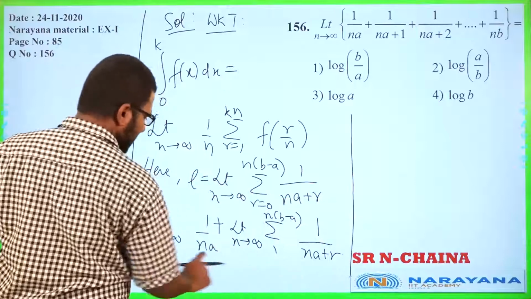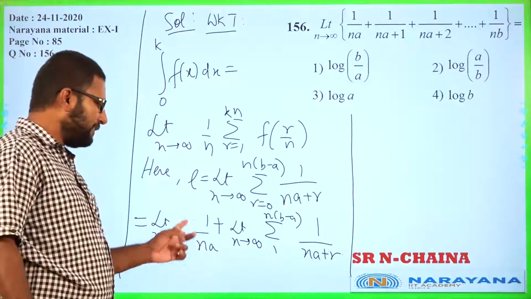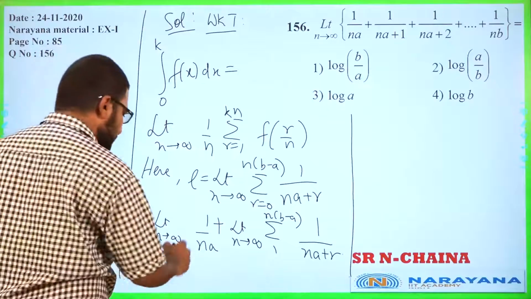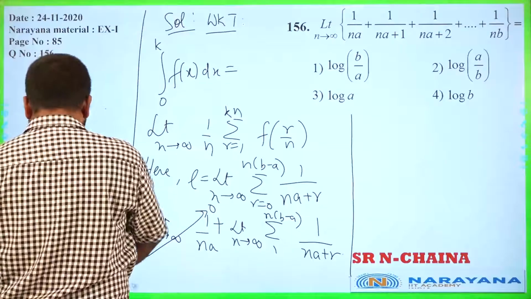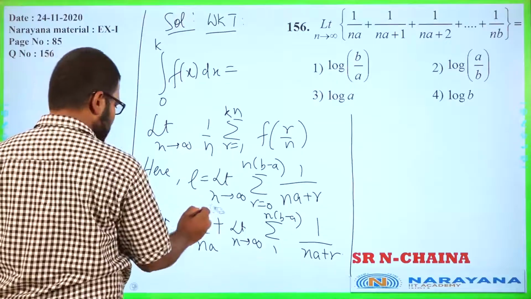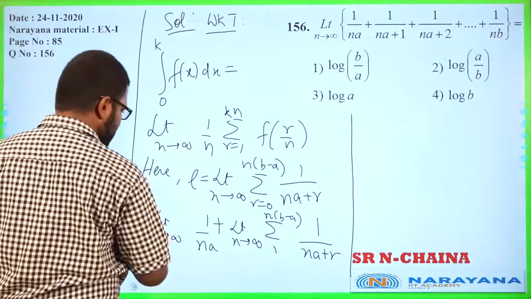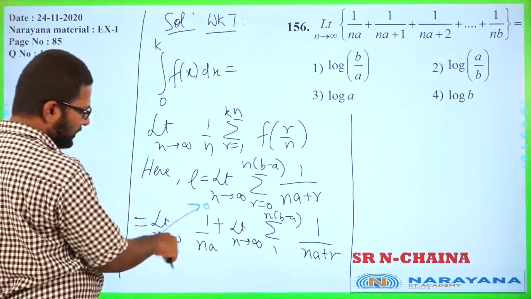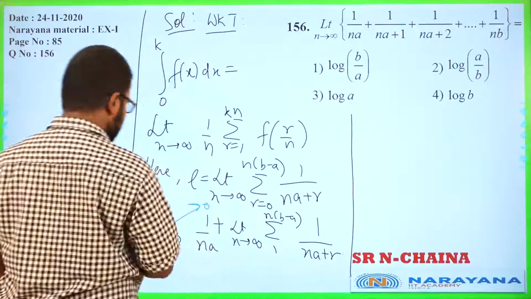Now this we will integrate, but what of this? Do you realize n is going to infinity, which means this whole thing will just go to 0. So actually we could have just ignored it. Don't ignore it. This is still the beginning of your concepts. So in the beginning, don't ignore things. Later with practice, you can start ignoring them. So we know this whole thing becomes 0. So now only focus on this.